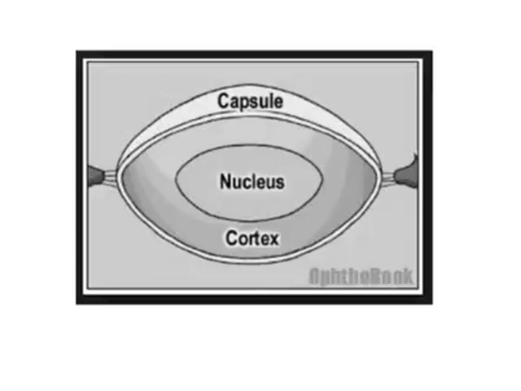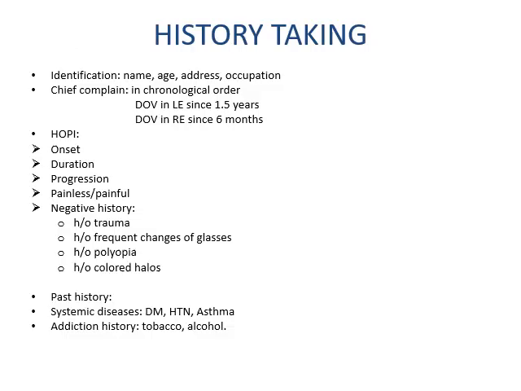So lens is a biconvex structure with posterior surface getting more and more convex than the anterior surface as the age progresses. I've put a schematic diagram showing the lens for your better understanding of its structure. Morphologically, there are three parts of the lens: the outer capsule, the middle cortex, and the inner endonucleus or the nucleus. We will consider a case of senile immature cataract who has no other associated ocular pathologies or any other